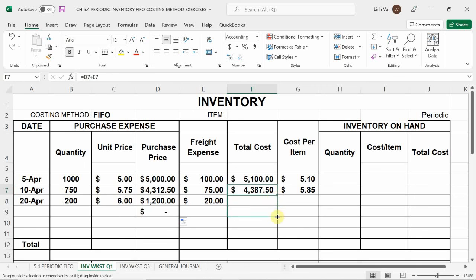12.20, right? Copy that formula down. It's going to take my formula that I put in there to do the total cost, plus the purchase price plus my freight gives me total 12.20. And last but not least, I need to solve for my cost per item,